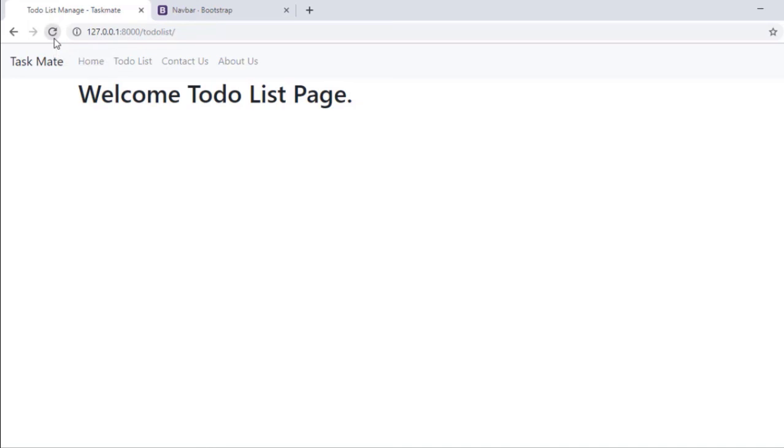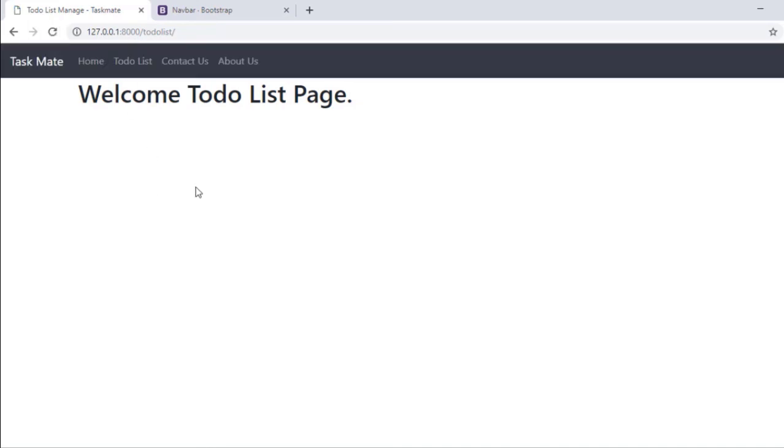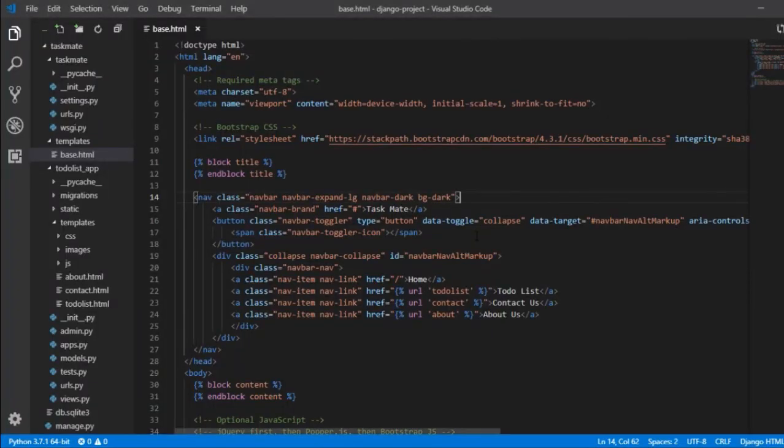Let me check this one. This looks fine, and now I need to use an image here. Before that I need to get a logo, and I have already created that. I would be adding that in the resource section, and now I need to store that logo in our directory. So for that I need to create a directory.